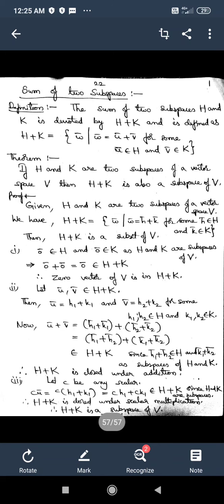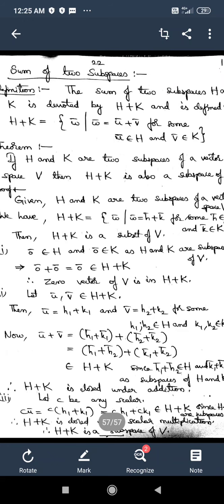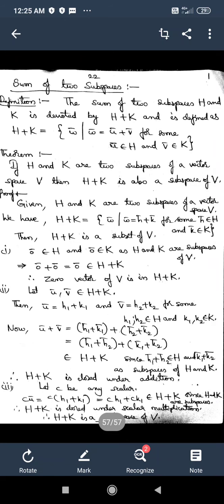Now the last topic of subspaces is the sum of two subspaces. The sum of two subspaces is also a set which can be defined like this. Let us go through the definition. The sum of two subspaces H and K is denoted by H plus K. It is a set, defined as H plus K equal to the set of W bar. H plus K also consists of vectors W bar, where W bar is of the form U bar plus V bar,